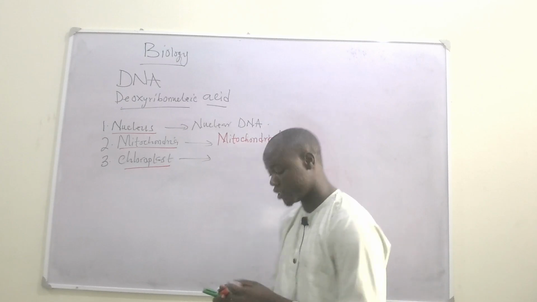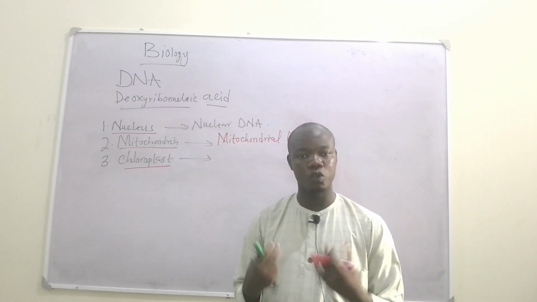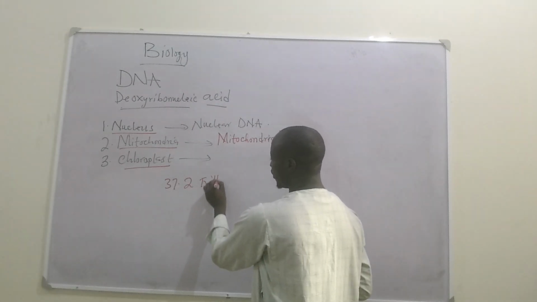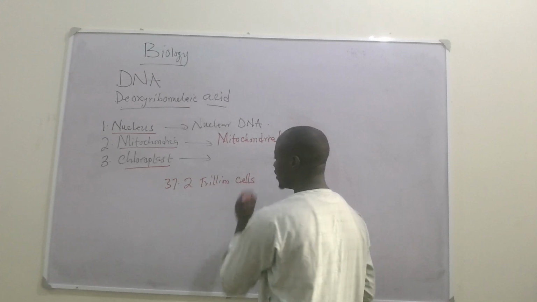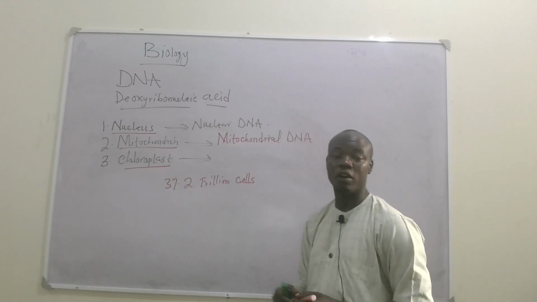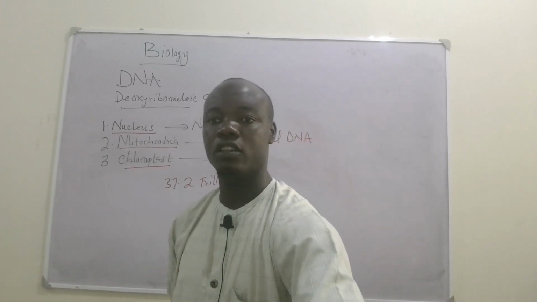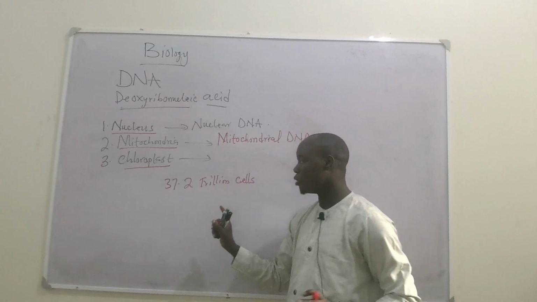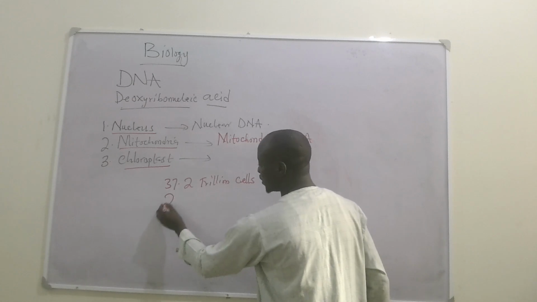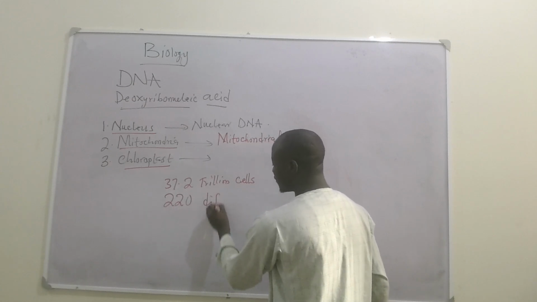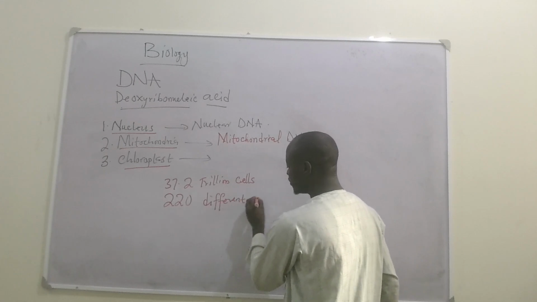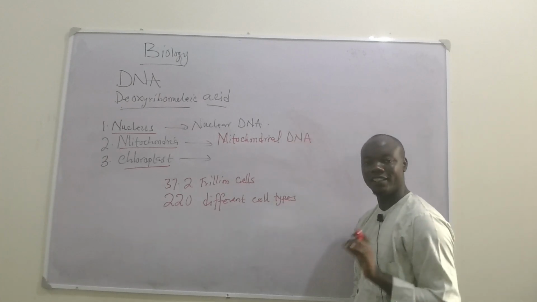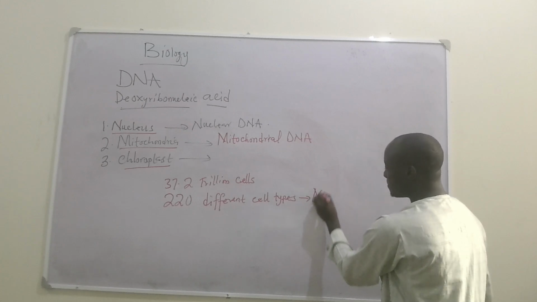We should understand that an average human being has about 7.2 trillion cells. These are the number of cells found in an average human being. And we have different cell types. We have over 220 different cell types, ranging from